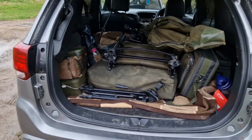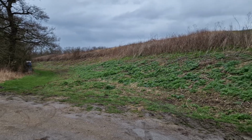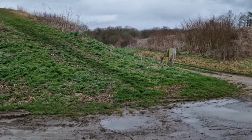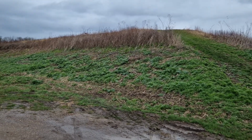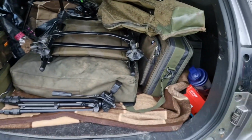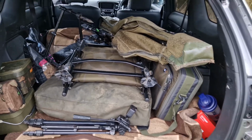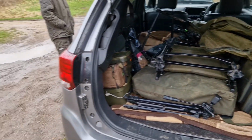Right, end of the session. We've packed up a little bit early in between rain showers. Basically it started to get a bit heavy, so we've called it a day. It's 4:15 now anyway, once the stuff's in the car. So that'll be it for today. Managed to get a carp out, a couple of bream. Unfortunately Mark didn't have anything, but